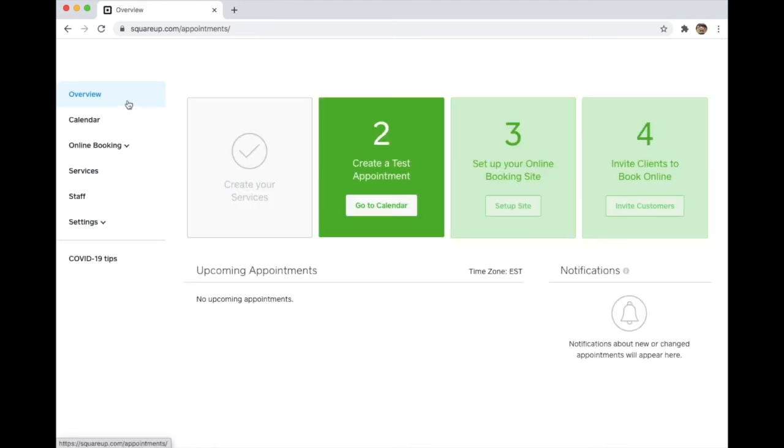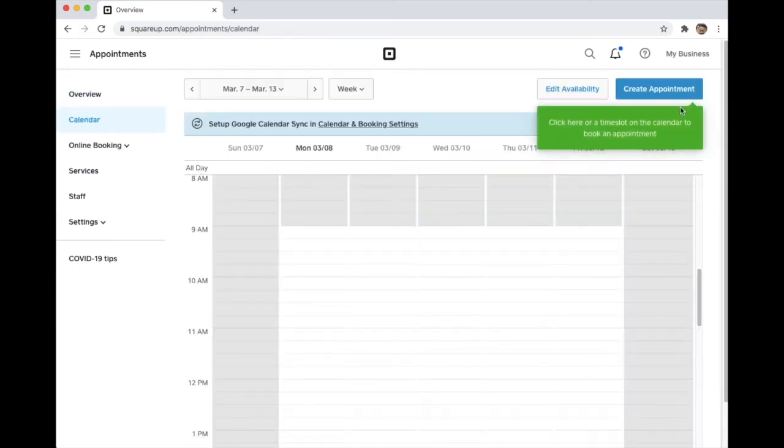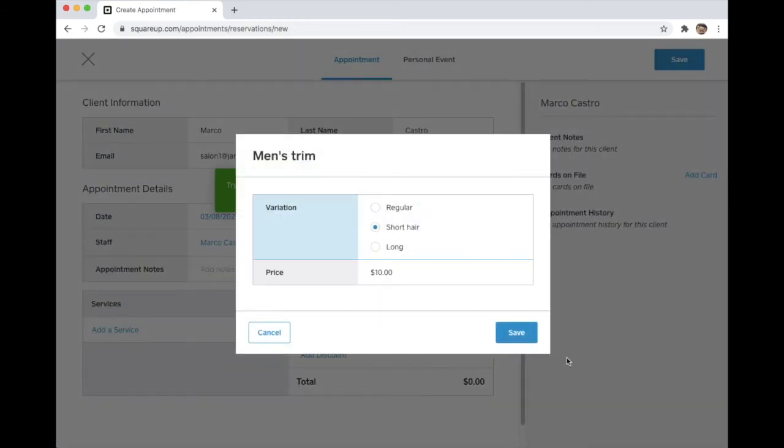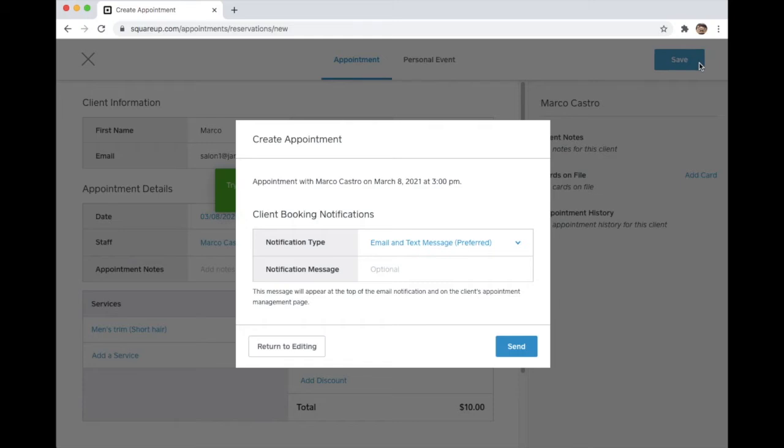It's going to load up the same page that we looked at before. From here, it's going to ask me if I want to create a test appointment. So we can click on the Go To calendar and then create an appointment. And now we can book a test appointment by clicking on the Save button. We can add the service related here. Let's say short hair. Save, save,